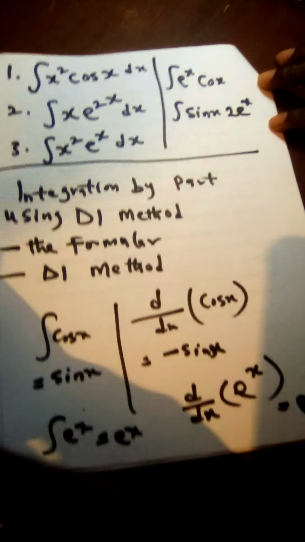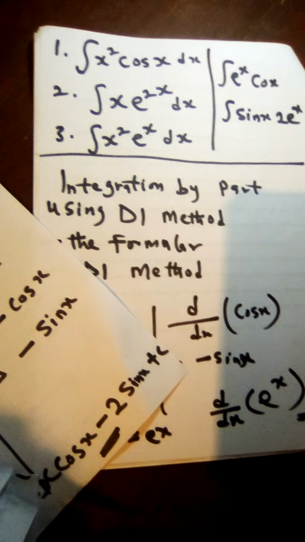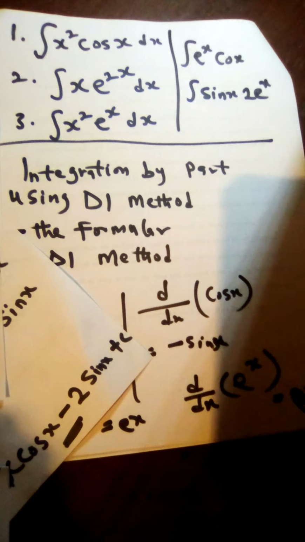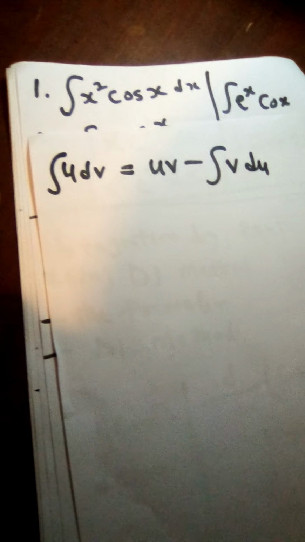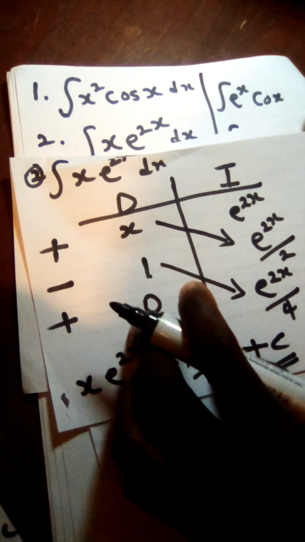The only method that's going to work for that is using the formula. You use the formula, which is the integral of u dv equals uv minus the integral of v du. This is the formula for solving integration by parts. Either you use this DI method in a tabular manner, or you use the formula to solve these questions. When you solve these 3 questions using this same formula, you will also get the same answer that you get when using this DI method. You can check at your own leisure time. Thank you. That'll be all for now.